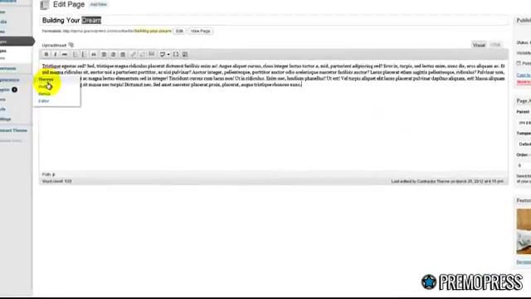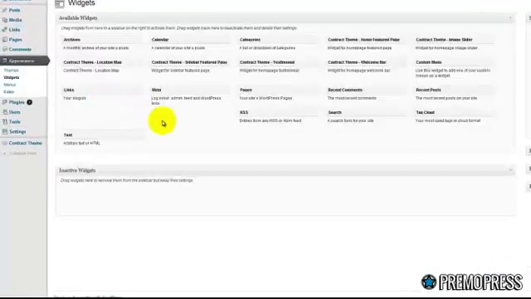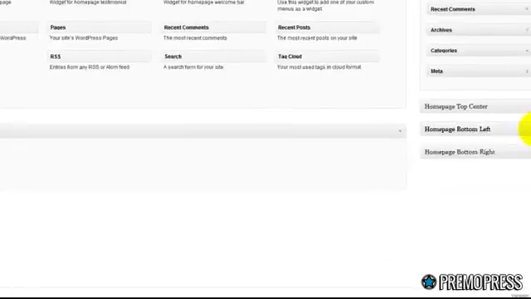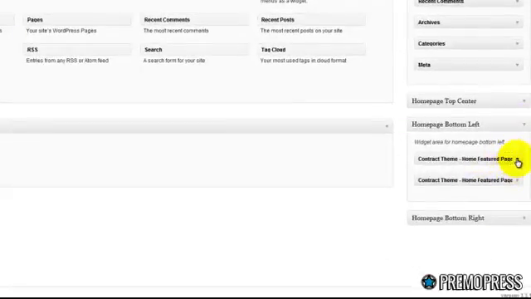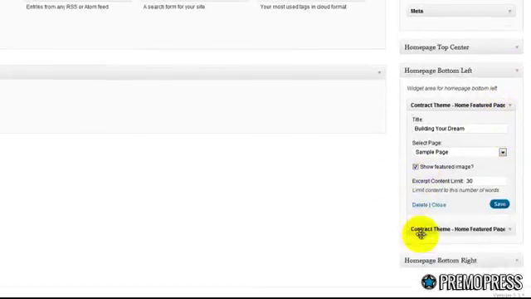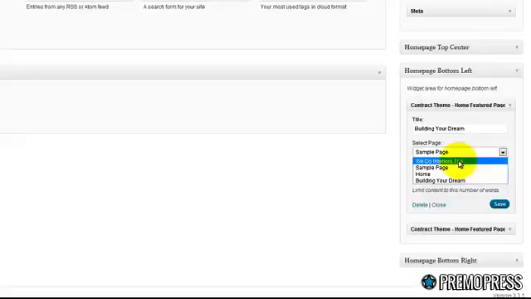Now if we go back under Appearance Widgets and we go back to the home page bottom left area, we go back to these home featured page widgets, and we want to select the pages and associate them. Associate our widget with the pages that we want. So for this widget here, we've called it Building Your Dream. We want to select the Building Your Dream page, and of course we want to have Show Featured Image selected